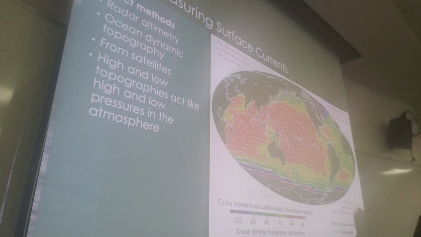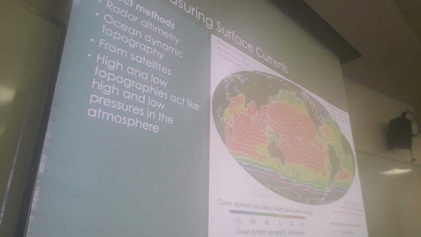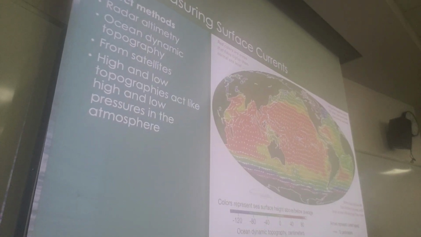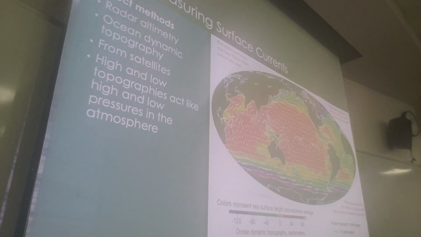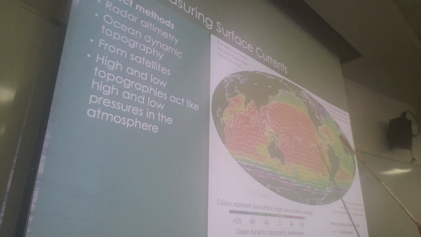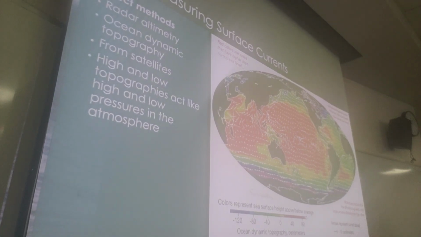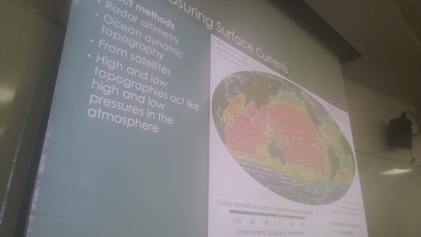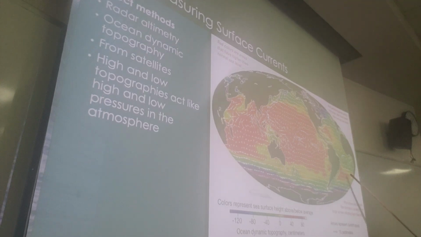We can also use satellite measurements. This is some data from a satellite altimeter. So this is radar altimetry. This uses radar waves, which are lightweight. These waves are emitted from a satellite, bounce off the sea surface, and then return to the satellite. You can use the travel time to measure the height of the sea surface. And then we get the highs and lows. We get what's called the topography of the sea surface. Regions where the sea surface is high or regions where the sea surface is low. And then those can be used together with the concept of geostrophic balance to determine the velocity of the water